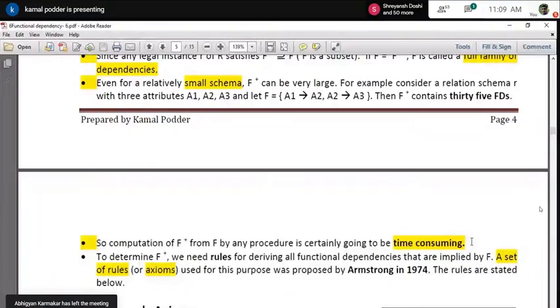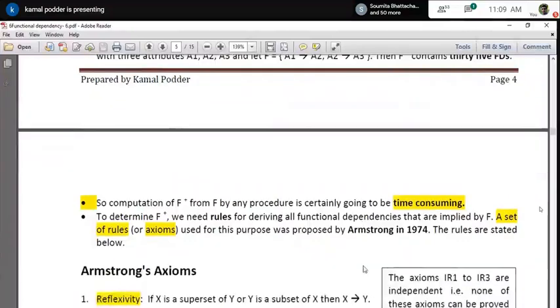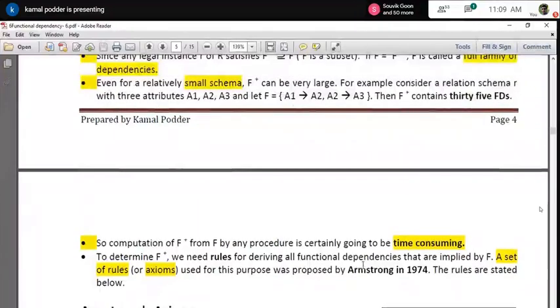The main thing here is that you have to understand this particular closure is a big task. It can be a big list of FDs. So how to manage that, I will cover. That is much more interesting, and that is the reason I excluded that list of 35. You can find it in any book. There are 35 lists you will get, maybe 35 or more than that, they will derive something.